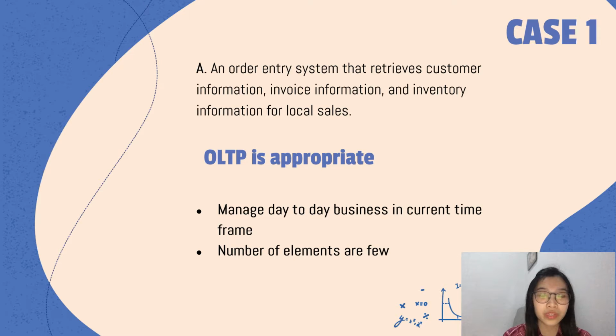So we will begin with point A. It is stated that an order entry system retrieves the customer information, invoice information, and also inventory information for local sales. So in this case, our group thinks that the OLTP, or online transaction processing model, will be the most suitable model for this case because